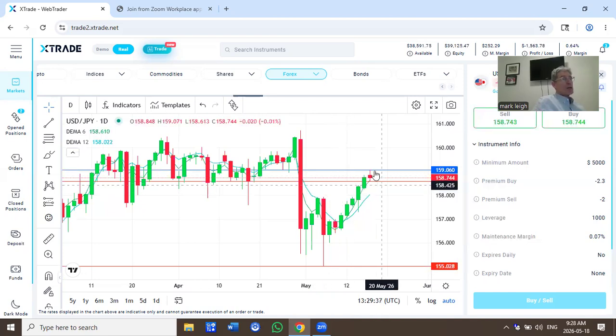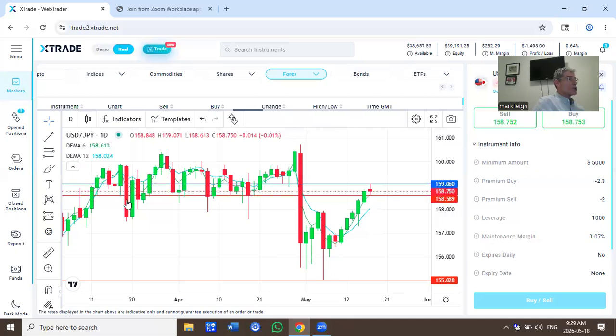I've got support at 159.06. We'll see if US dollar weakness does continue and if sellers can add to the red candlestick and break below this 158.58 support level, this red candlestick to continue. Or if we get a turnaround from weak to strong US dollar, buyers do step in and look back up at the 159